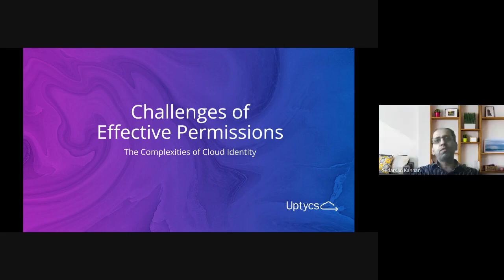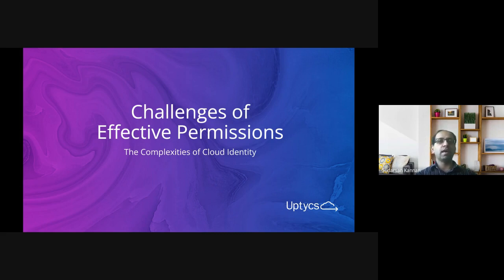Correct. So before we go into effective permissions, first we need to understand the complexity of IAM policies, right? We should not be kidding ourselves that it's pretty easy to build an IAM policy for AWS or even use the policies that are provided by AWS. First thing is you have to understand what the complexities are. We'll go through them one by one, but the next step is, how do you know how to write a well-defined policy?